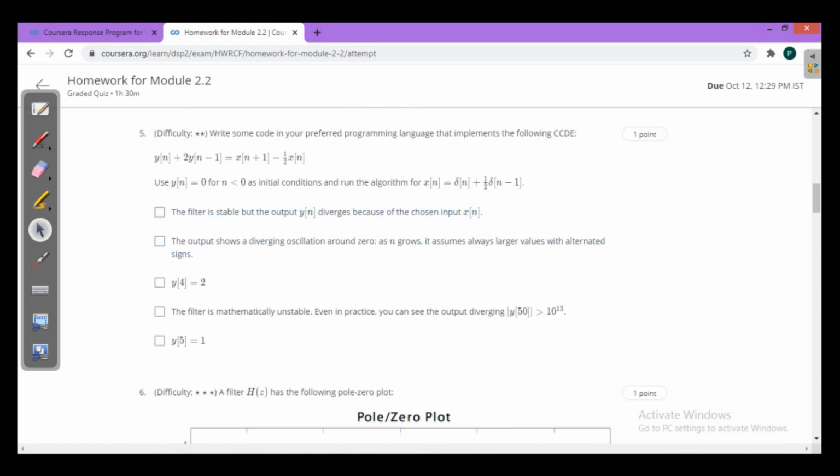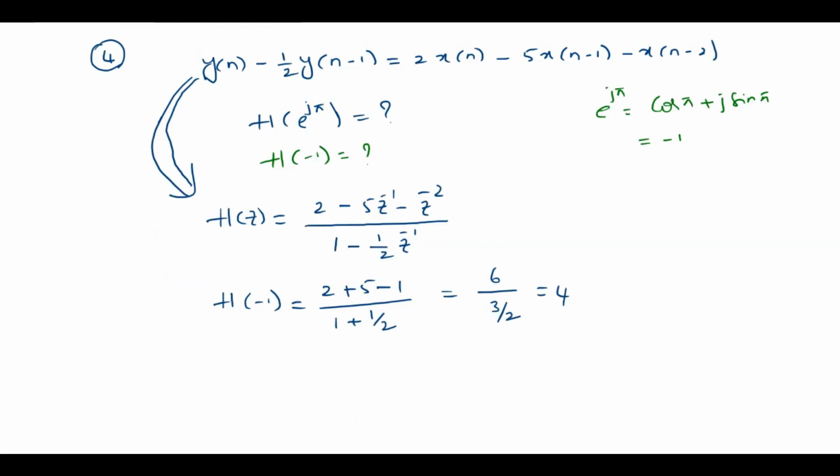Since it depends on the future values, we have the oscillations around the zeros as n goes on. And so we need to give the conclusion about the stability. For that,